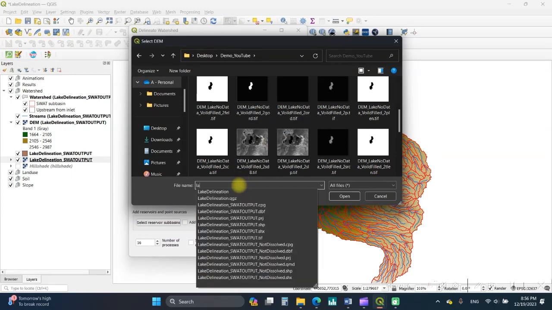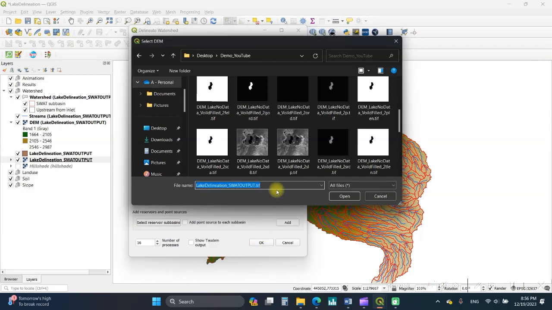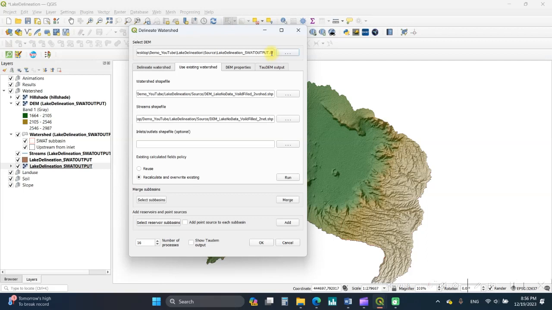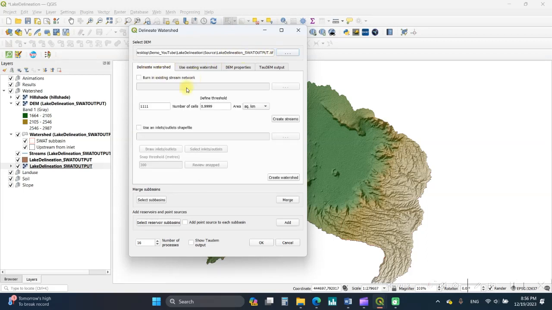Lake. This is my raster file. Open this. Okay, sorry. And then now